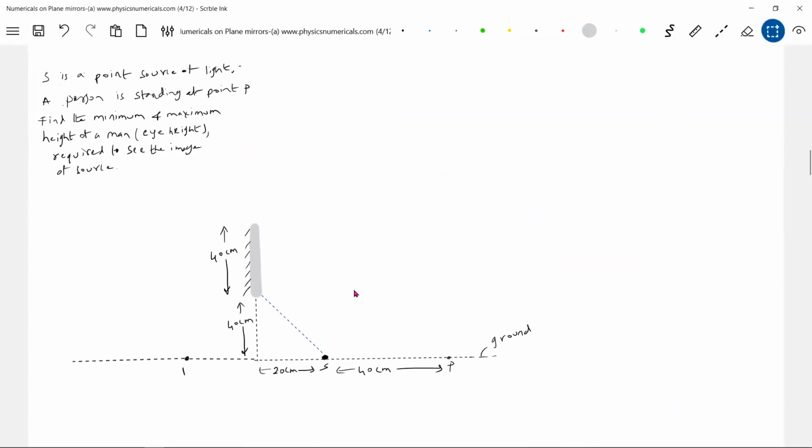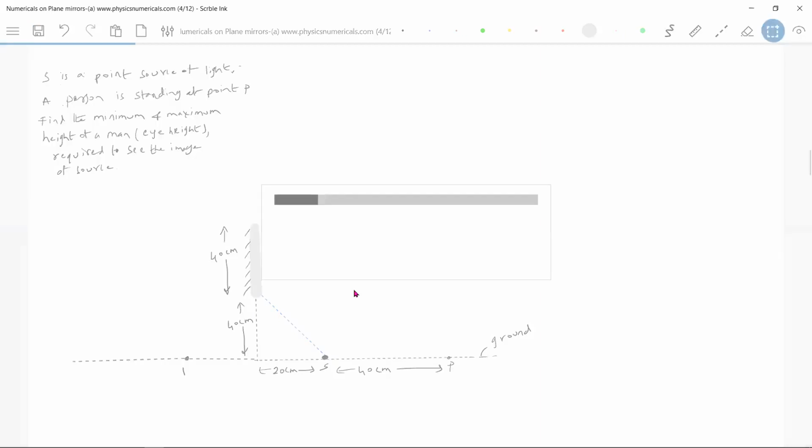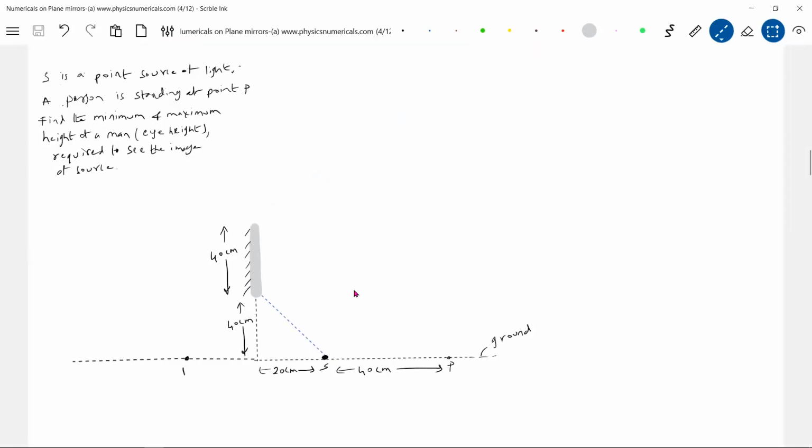Okay, the complete question I brought to the next page. Clearly, now we'll analyze this one. Okay, now what is the image? The image will be